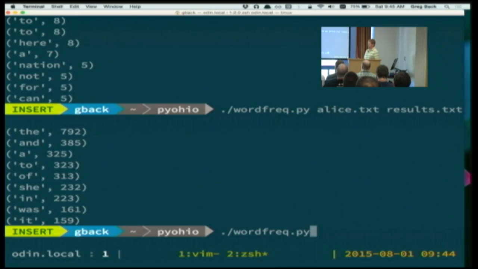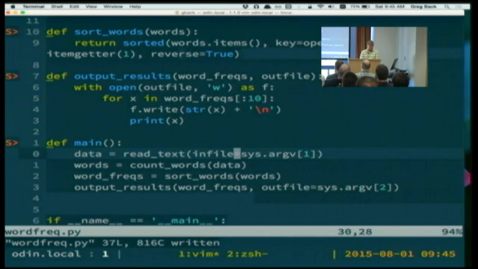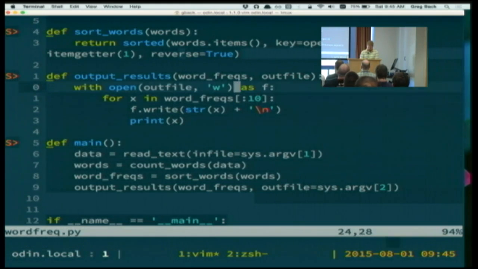In the Unix, Linux world, being able to pipe output between, or pipe data between commands is a pretty common pattern. So we're going to change the script to let you read from standard in and write to standard out, in addition to reading from files. So this is the point where